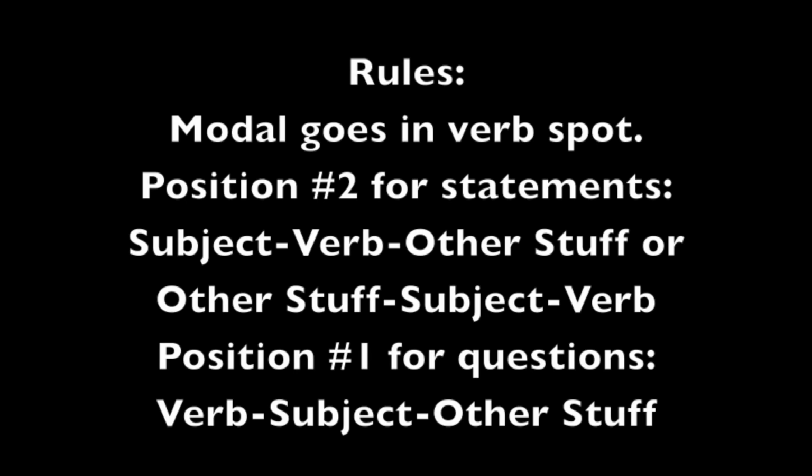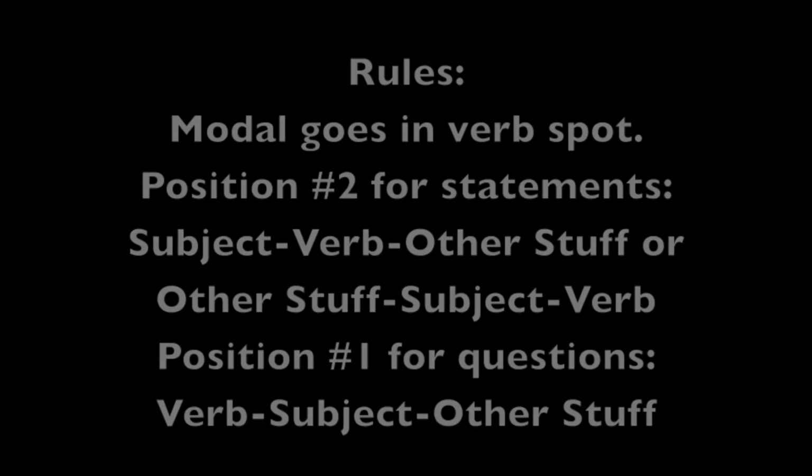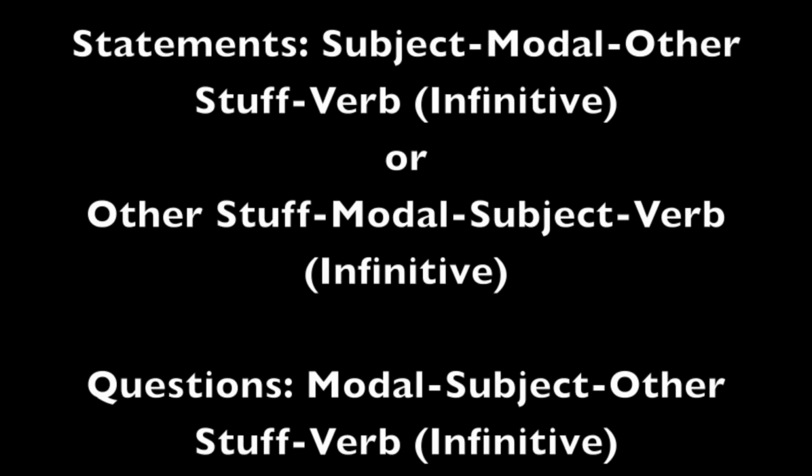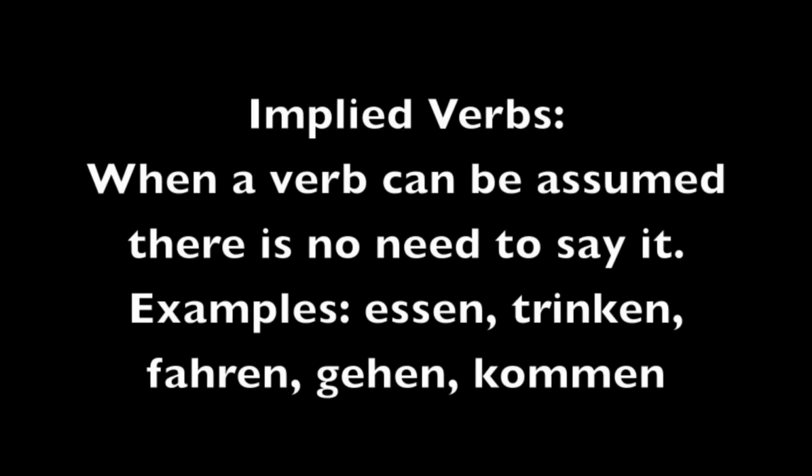You can also have that weird inverted word order that we've talked about before, which is that you have something that starts the sentence that's not the subject, followed by the verb, and then the subject. Then comes the rest of your sentence. Once you've conjugated your modal auxiliary and put it into the verb spot, you have to take the other verb that normally would go in that spot, put it into the infinitive form, that means the one that you'll find in the dictionary, also known as the en form, and put it at the end of the sentence. Some verbs can be implied, and therefore there is no verb for the end of the sentence.